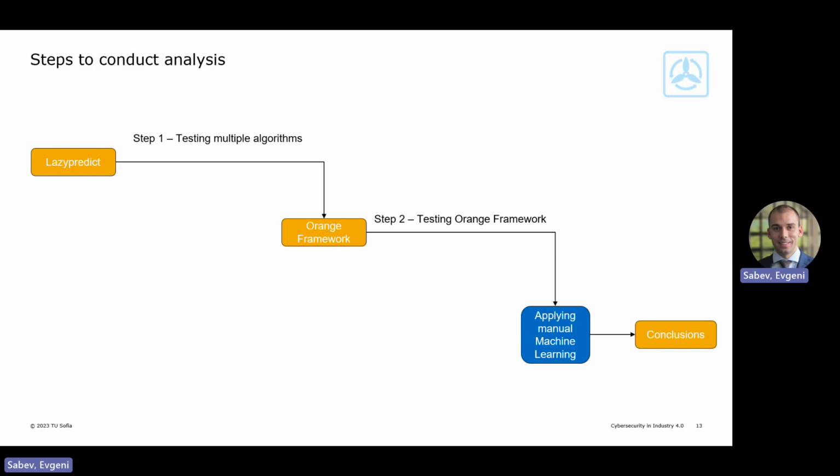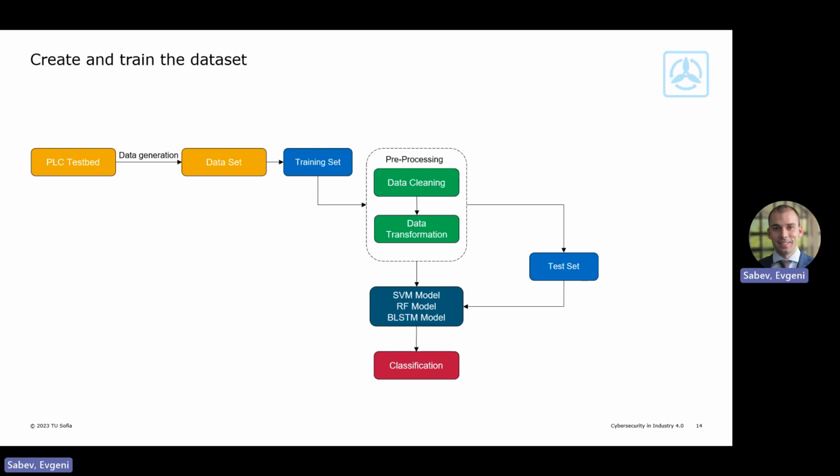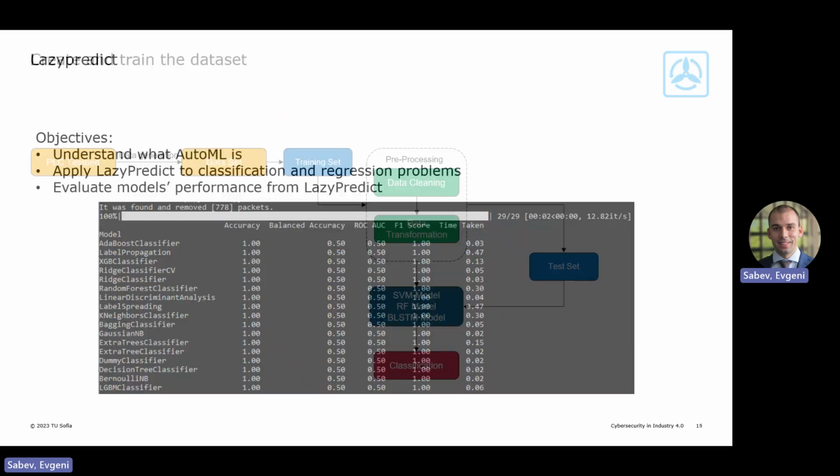On top of that, once we were done, we did some manual manipulation and manual execution with some machine learning in Google Colaboratory. Here is a quick visualization of how the whole process looked: the creation of the test set, the training of the set, and the pre-processing, so the data cleaning and data transformation. It's quite important to say that it's difficult to find a really clean and transformed data set nowadays, specifically in our realm of research about wind energy, Industry 4.0. Therefore, there was a strong need for us to perform these manipulations.